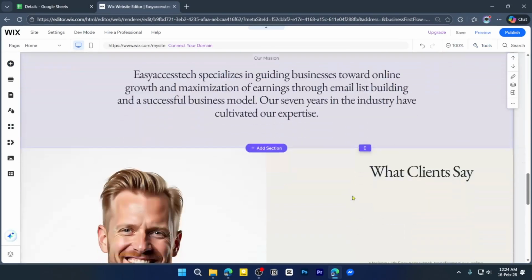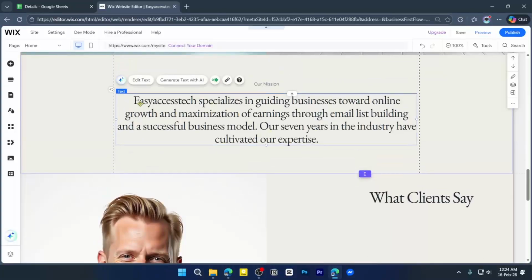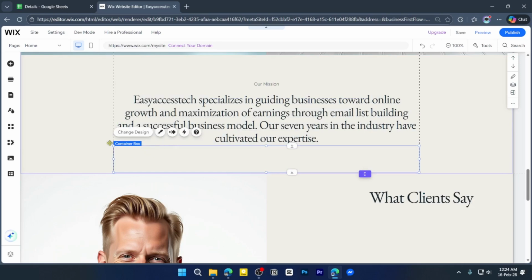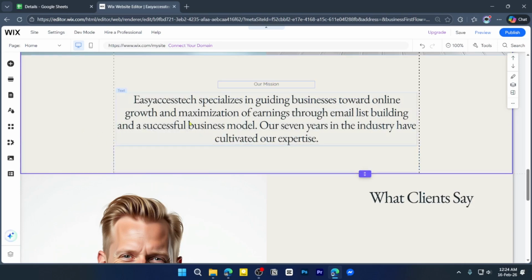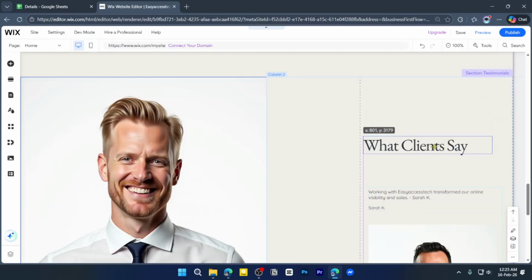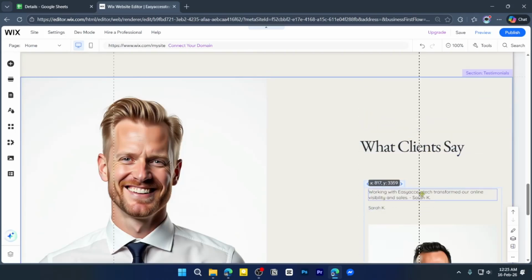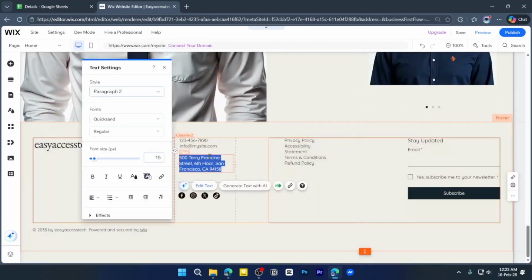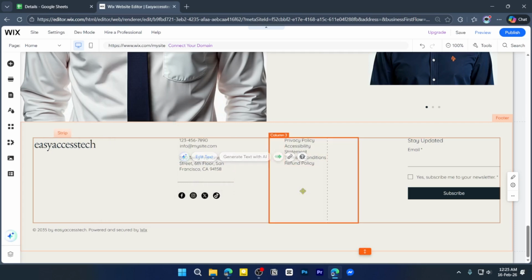Now let's say I want to change this text. You can simply, like a CMS, change all of these texts and images. You can change the color, font, theme, each and everything. Let's say I want to move it to here. Simply drag and drop. And then let's move to the footer. Now change the addresses, the contact, and your privacy policy, or if you don't want anything,